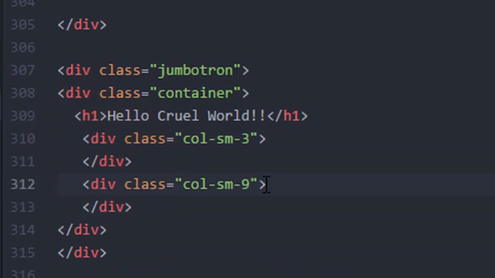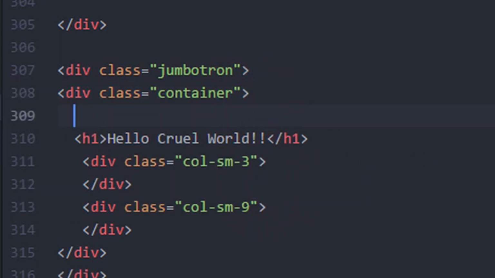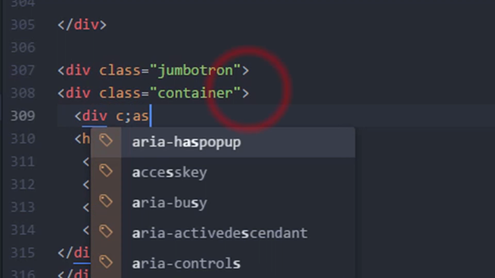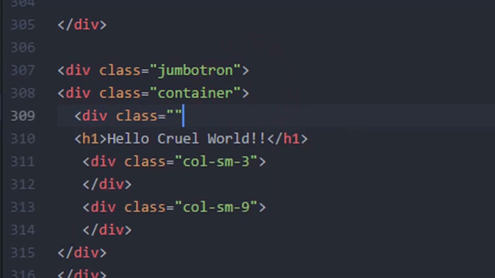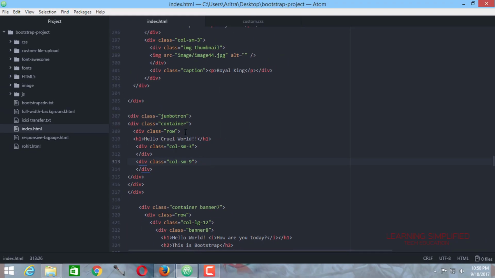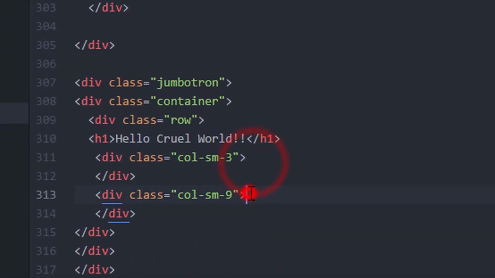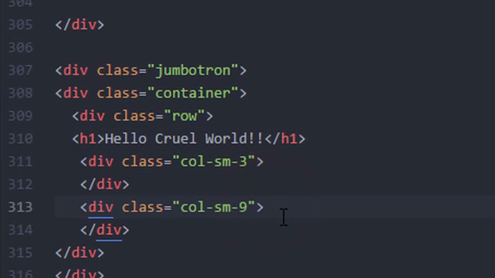Okay, now we have created two columns over here. Then all we need to do is create a row inside this container class, and then right beneath this h1 class we have created two more grids, such as this col_sm3 and col_sm9. These two blocks have been created.